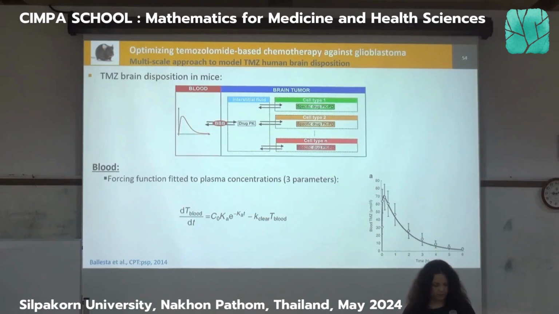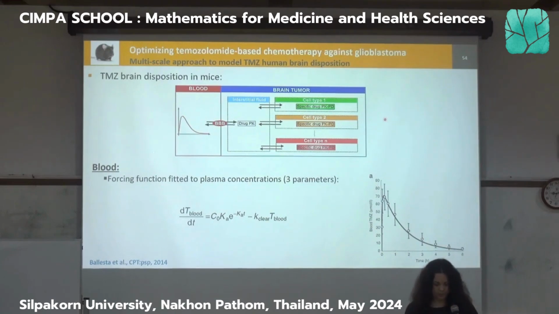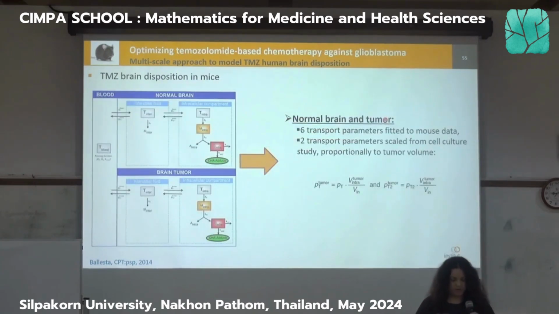So now that we have this compartment, which basically stands by itself and calculates everything that is happening at the level of the whole body, we need to add details here. Okay. So for the mathematical model of the mice, we decided to have the brain tumor, but also the normal brain for control because we have data in the normal brain. So this is the mathematical model for the mice.